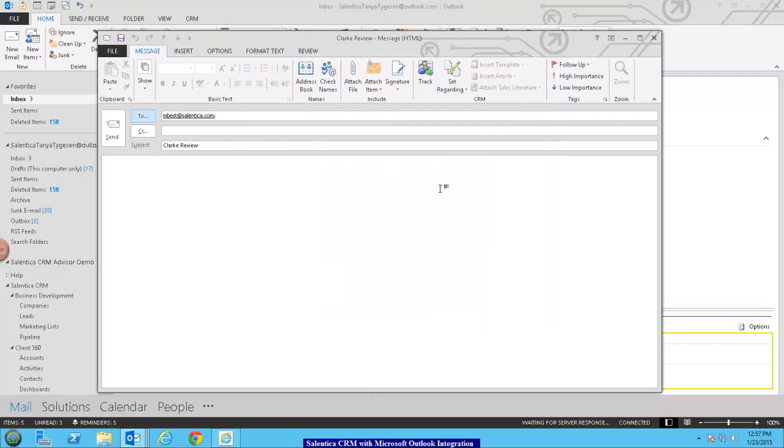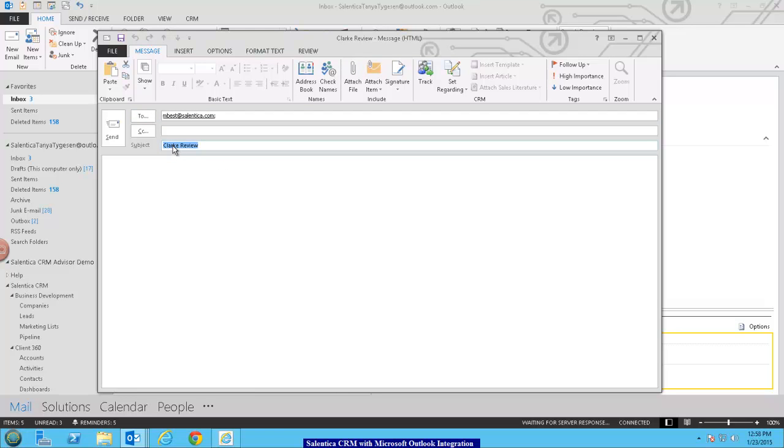And now what I want to do is make sure that the CRM understands that I want to track this email. So what I'll be able to do here is either just simply hit track. So track just says the CRM is going to create a copy of this email on the contact record that has mbest@salentica.com in it. The other option I have is I want to track this email not only to mbest or Melissa, I want to also associate the email to another relationship in the CRM, and this would be one